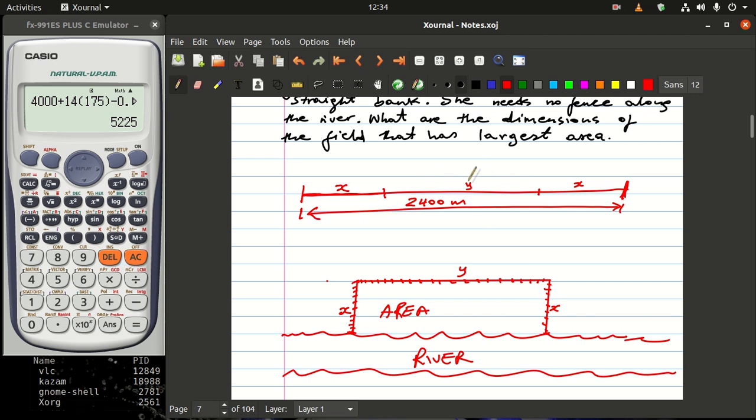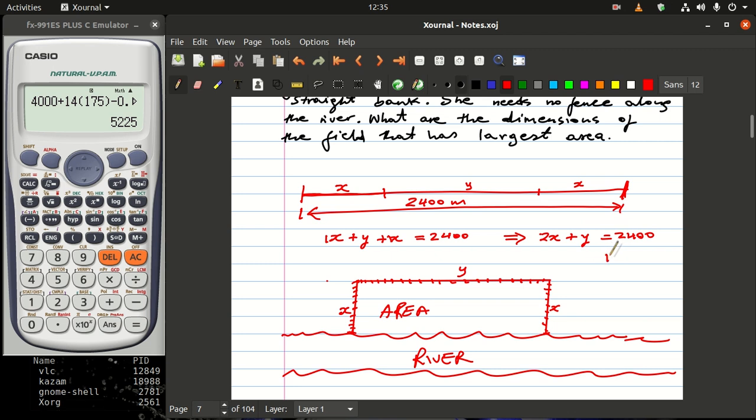What is the meaning of this whole thing? It is saying that if I take x, plus a y, plus this x here, it should give us the length of this wire, which is 2,400 meters. Or you can say that x plus x, there are two like terms, so you can add them. I have one x here, another x there. So how many x's do I have? I have 2x plus a y